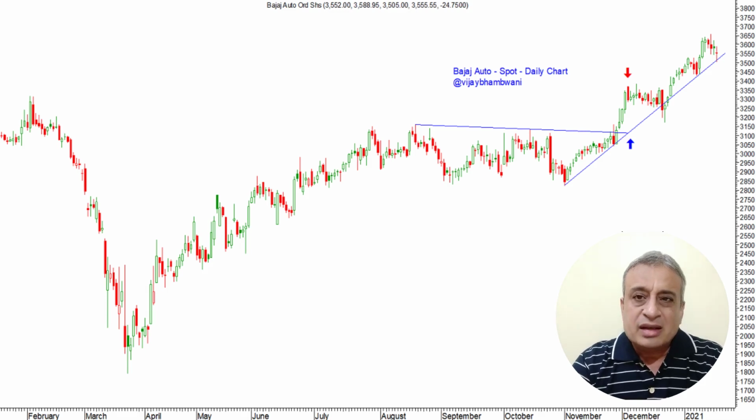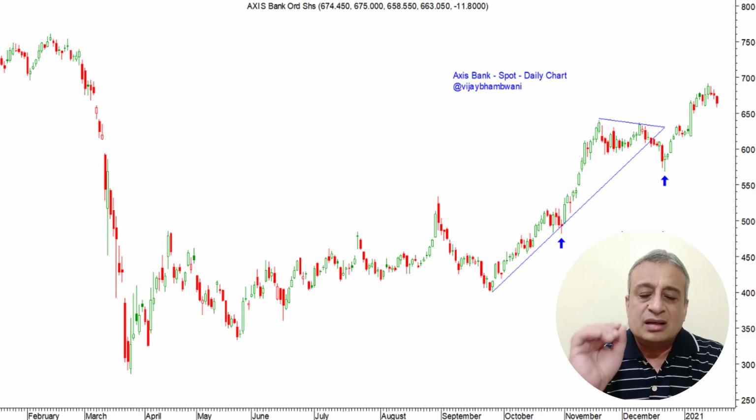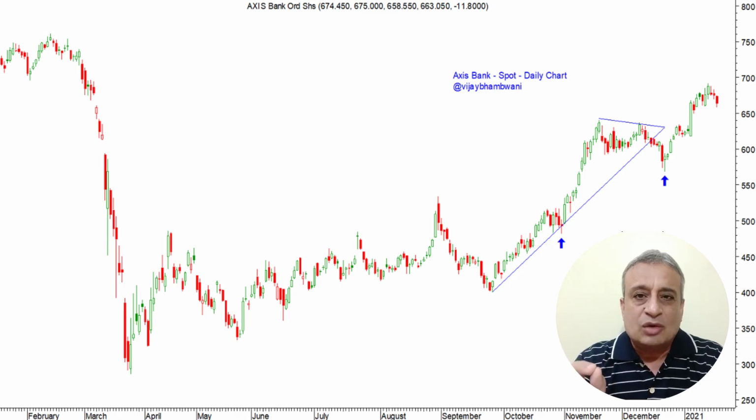Now look at the chart of Axis Bank. This is again a daily chart and in the spot segment. I've drawn two trend lines on this chart. The top one is from 18th of November 2020. It terminates on 22nd of December 2020. The lower one is from 25th of September 2020, connecting all the way up to 22nd